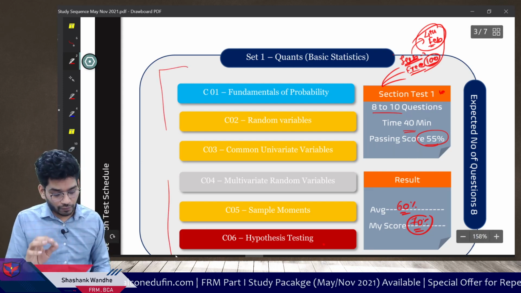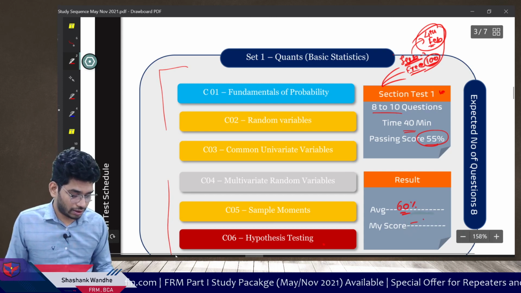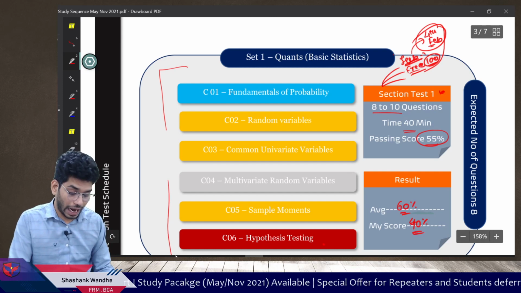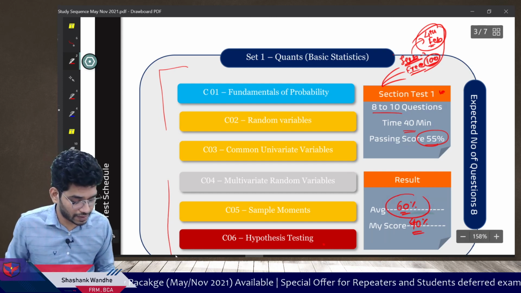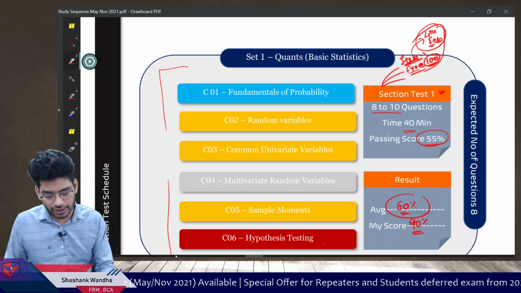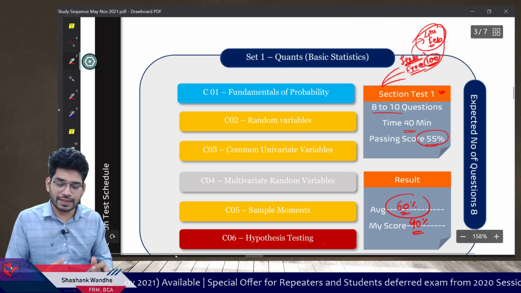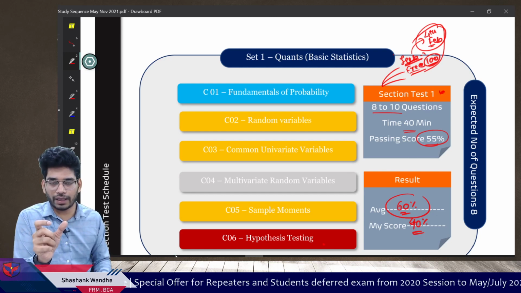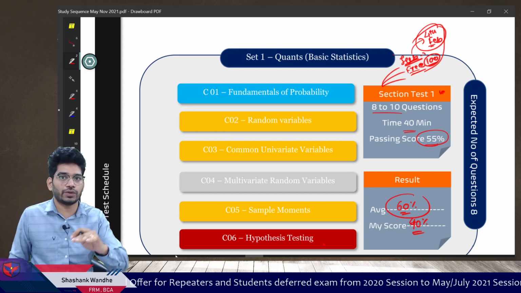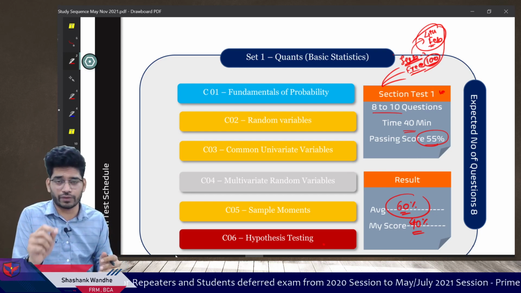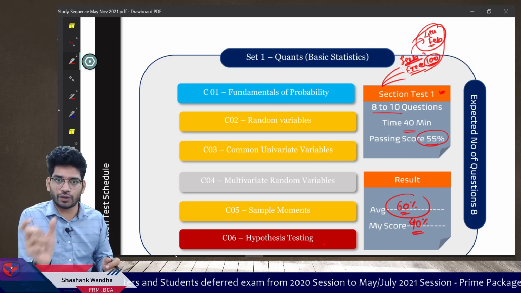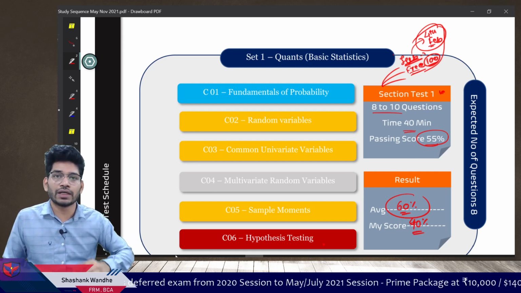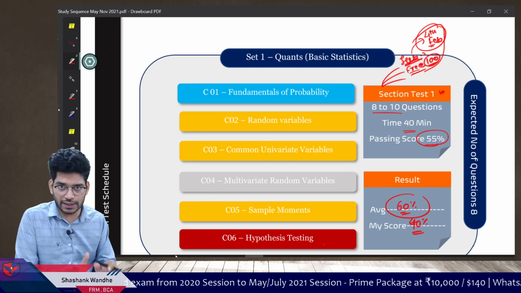What if you score less than, say, 55%, or you scored only 40% and the average is 60%? Then you should be concerned, meaning you need to fix a few things. You have to focus on a few areas. The question will tell you what the problem area was. Like if the question is basic and you get it wrong, the answer will tell you the question was on the basics, you lack the basic understanding, and you have to revisit that concept, right? So this is the proper process which I recommend.